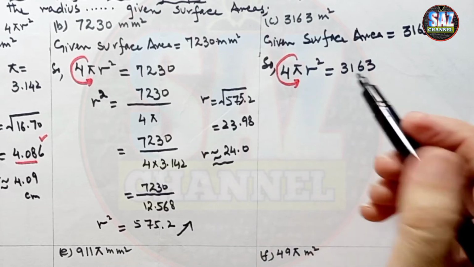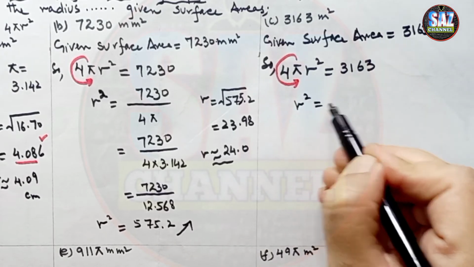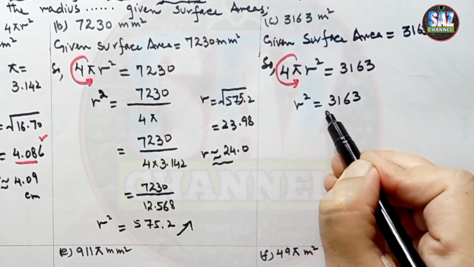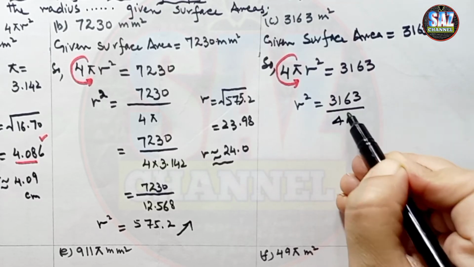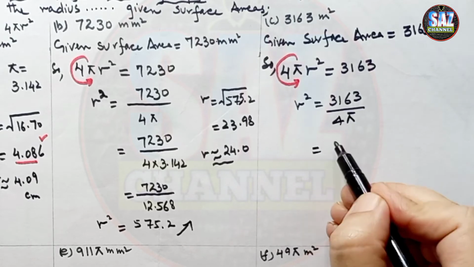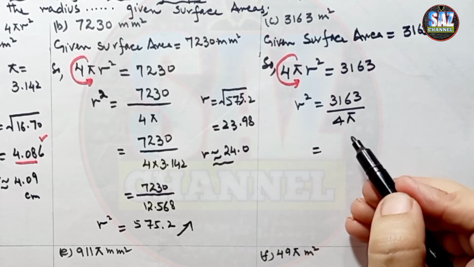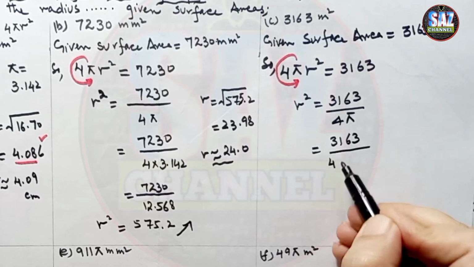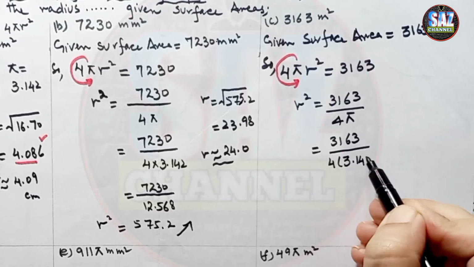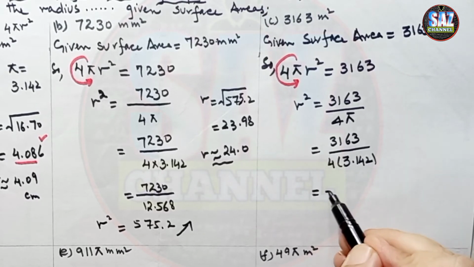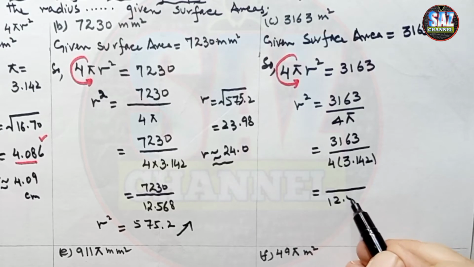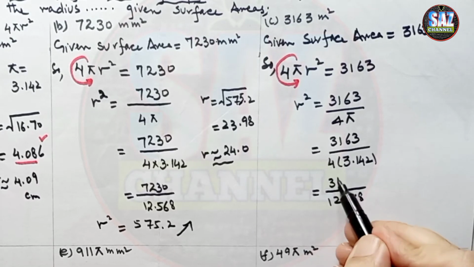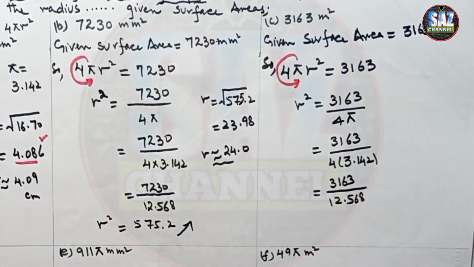r square equals 3163 upon 4 pi, and pi has the value 3.142. Okay, 3163 multiplied by 4 into 3.142, and this product is 12.568. Then 3163 divided by 12.568 gives me